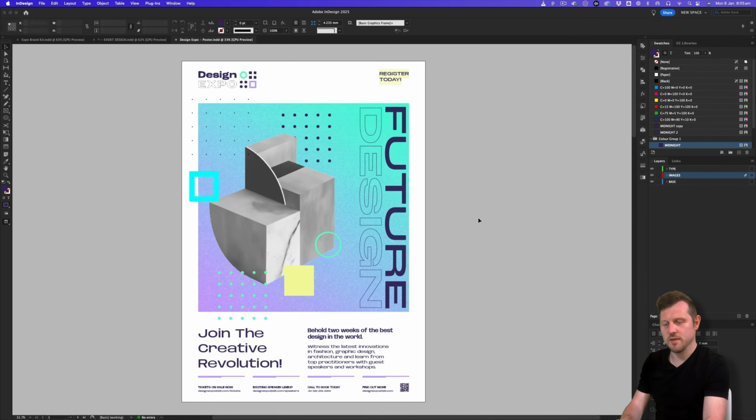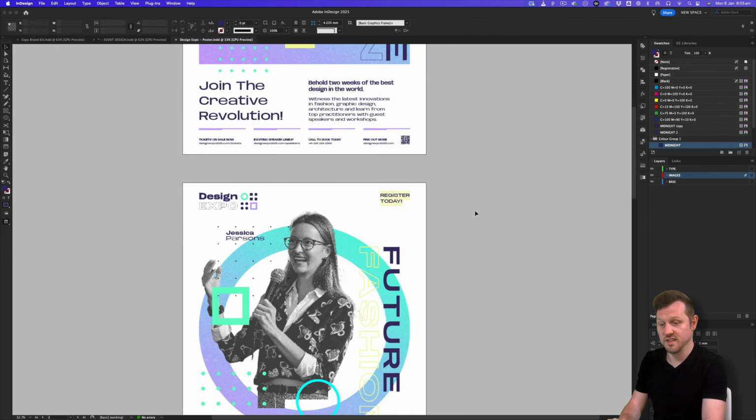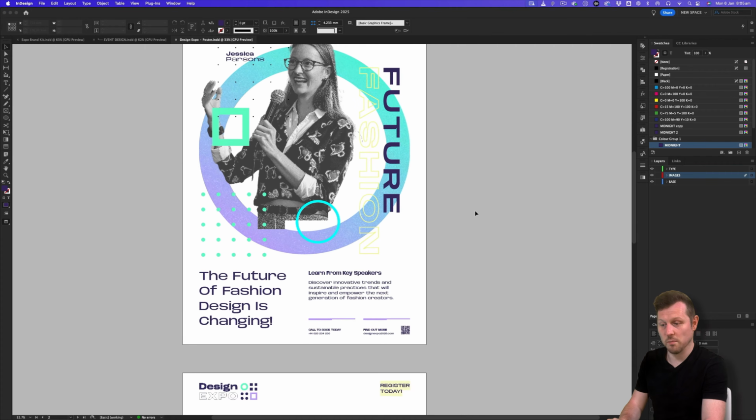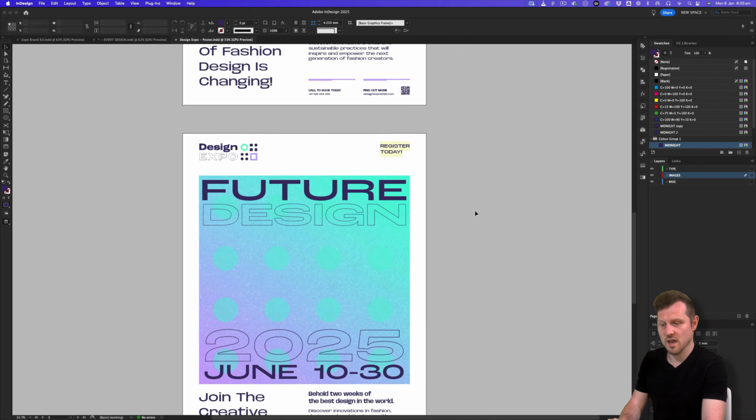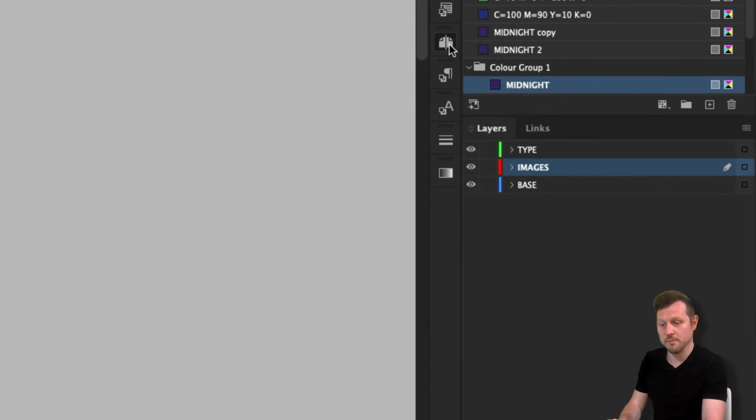Now, the poster is one of the simplest document types you might create in InDesign. However, it can still include some of the key formatting features to set up. As I scroll down, you can see in this document I have multiple poster designs. Currently, these are stacked on top of each other as individual pages. If we look in the Pages panel, we can see the contents of this document and how many pages are